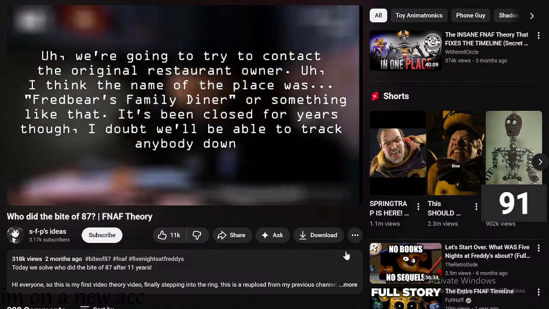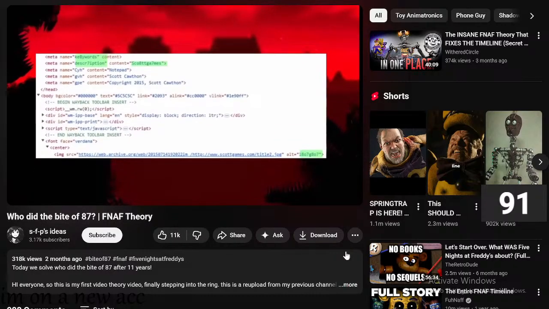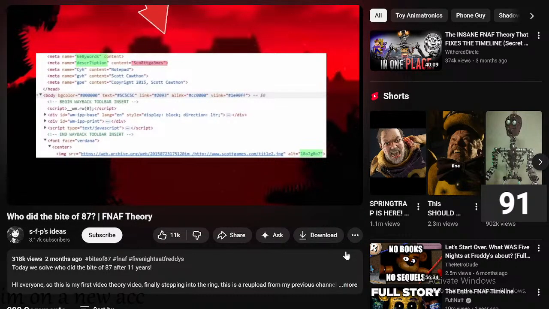Meaning that the Bite in FNAF 4 has happened years prior to the second game. Reason 3, remember earlier when I mentioned the source code on Scott's website having 8s and 7s sprinkled throughout it? Well, shortly before the release of FNAF 4, one of the 7s in the source code was changed to a 3, seemingly foreshadowing the Bite of 83